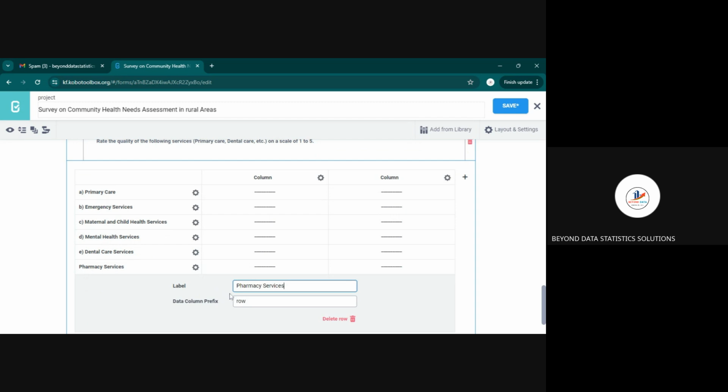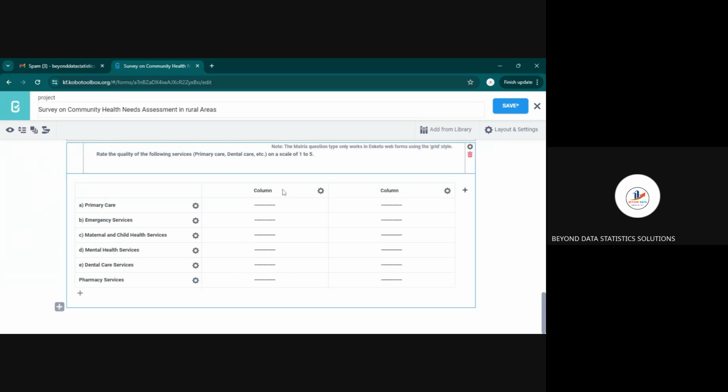Pharmacy services. And we can just call this pharmacy. Okay, so I think that is enough. We are just doing this for learning, so we cannot finish all that. So in the column, we will have